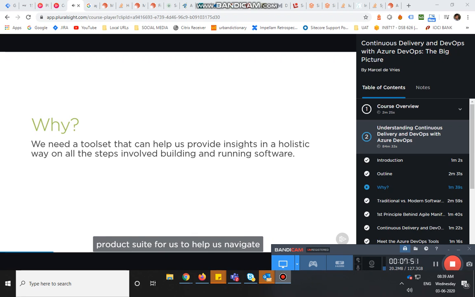Well, actually, Microsoft created a product suite for us to help us navigate the new normal in software delivery called DevOps. You might have noticed that in our industry, many organizations are moving towards an agile way of working. This means that the waterfall approach that we have embraced the past decades is now fading away. We are in a major paradigm shift, and we're moving away from an engineering way of thinking about software delivery